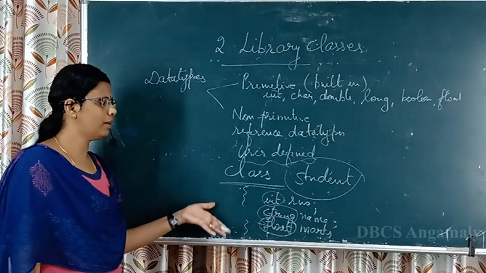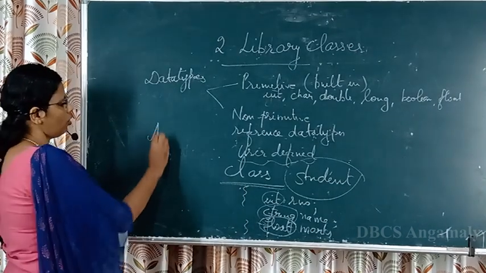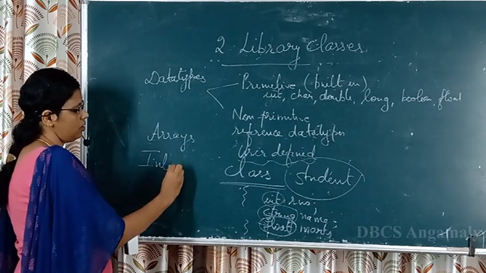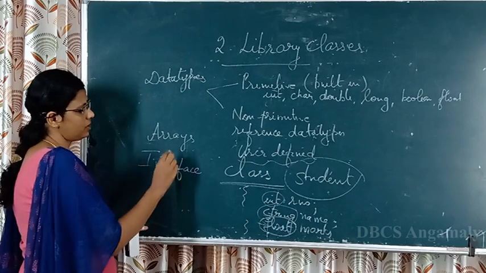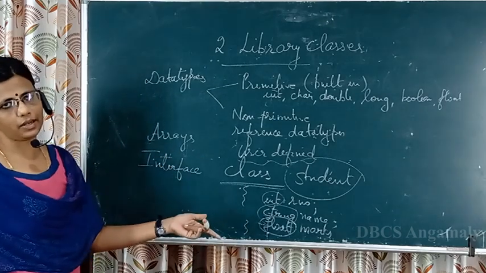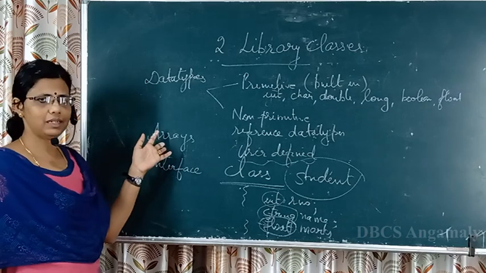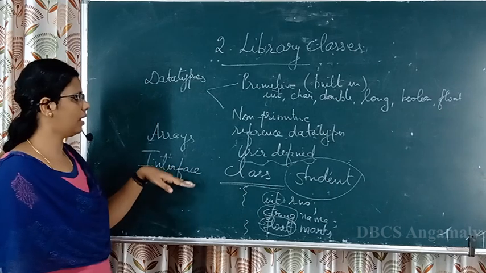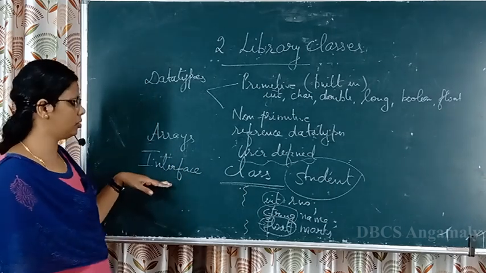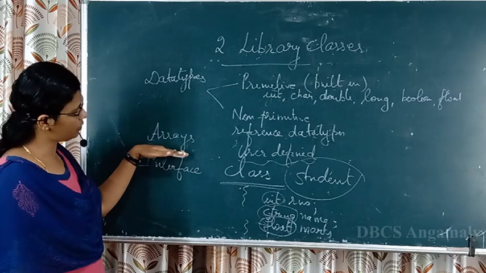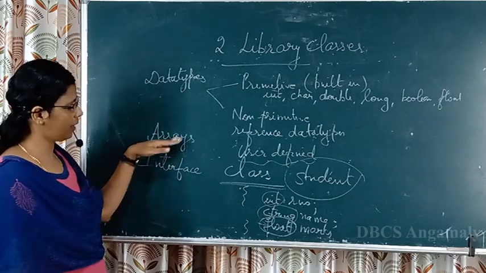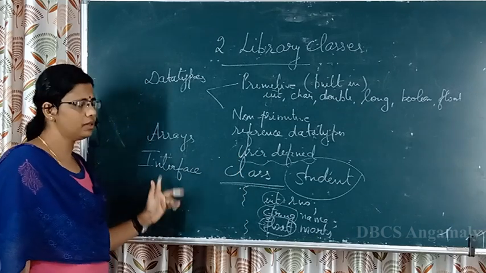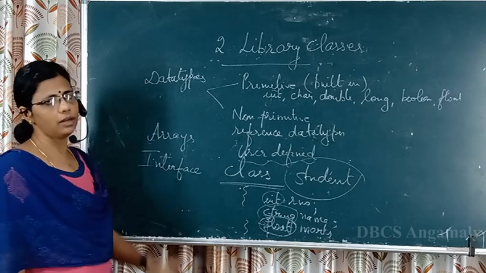So you have one example, a class, the other one is called arrays. Then you have something called interfaces. So all these are the different types of non-primitive data types. We will be going into arrays in detail in this chapter. Classes we are just going through. Interfaces are a type of non-primitive data types, but this is not mentioned in your syllabus. So as of now we may forget this. But we'll note that examples of non-primitive data types you could give are class, arrays and interfaces, but we are dealing more in detail with classes and arrays.